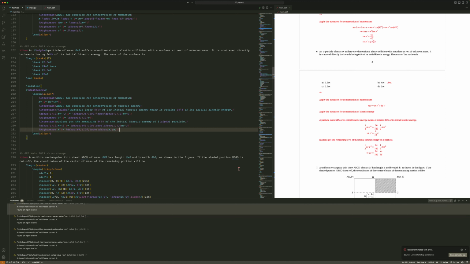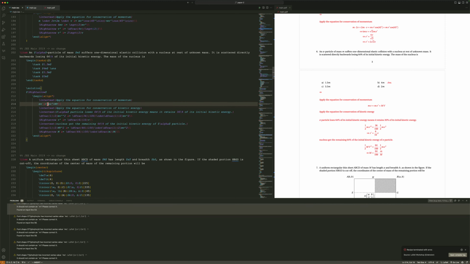One more thing I have to do is that v dash is negative because it's moving backward. So let's say minus v dash, and from here we want to solve for capital V, so that we can put the value of v dash and the capital V, and we will get the capital M. So we should get capital V is equal to 8 by 10, half cancels out, over 8 by 10 times V, but at the same time